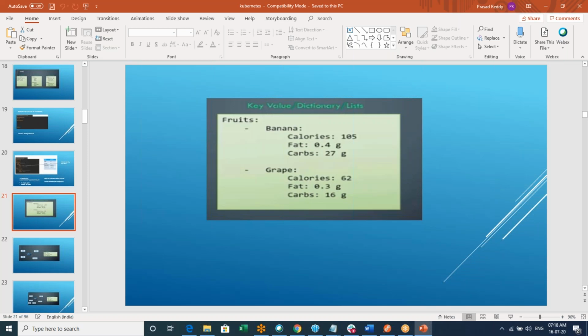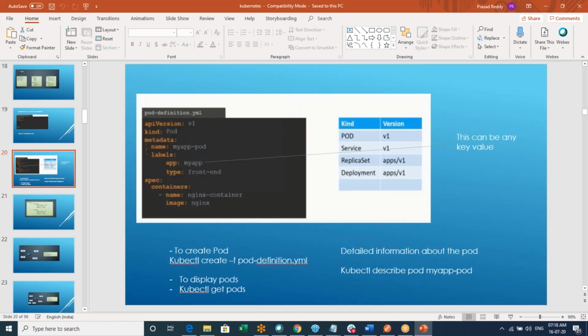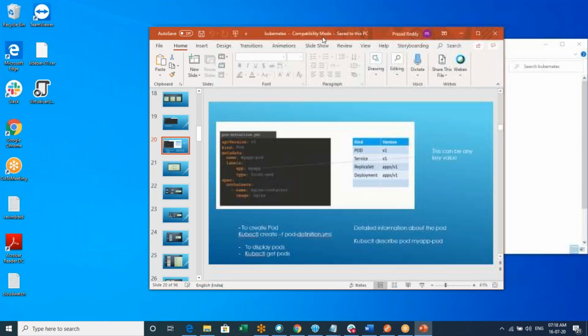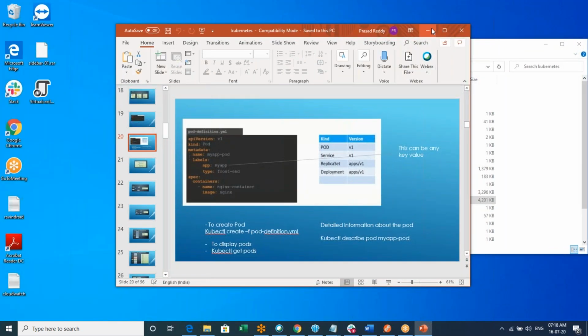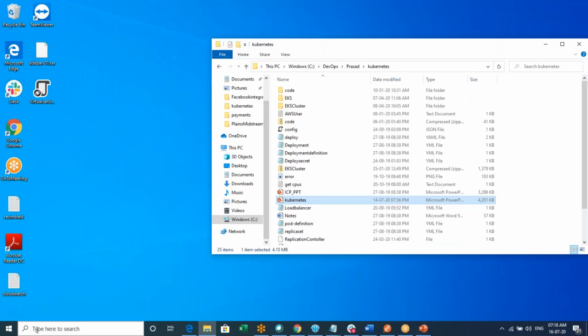Anyway, we'll be creating a YML file for a pod, so then you will understand. Like I was talking about, this is a pod definition file. You can see the YML structure here: API version, kind, metadata, all this. We are using YML structure over here. So now what do I do? I'll try to explain the pod definition file. Let me open one pod definition file, and I'll explain the structure.